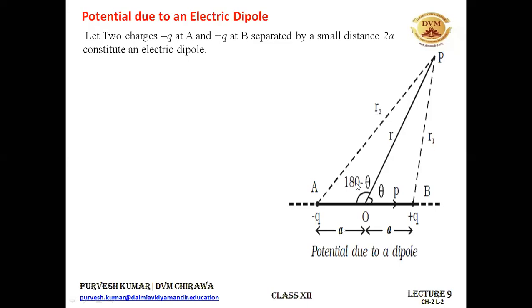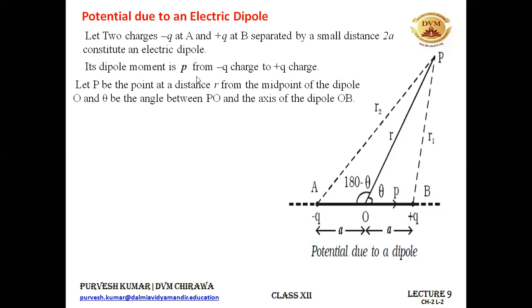So this is what is given to us. We are given a dipole AB of length 2a, and we are given the distance r of point P from the center of the dipole. We need to find the electric potential at this point P because of this dipole. All other things, R1 and R2, we have assumed by ourselves. You will be seeing it. You have just drawn the diagram beforehand, and we'll just be taking it.